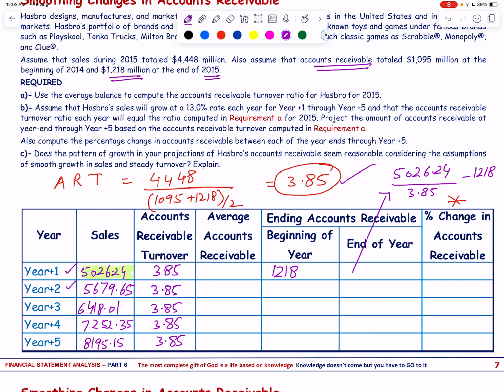$5026.24, that is the sales, and we will divide this by average accounts receivable turnover. So we have 3.85 divided by 2, that is equal to 1.925. So this will be 5026.24 divided by 1.925, 3.85 divided by 2. So 5026.24 divided by 1.925, that is